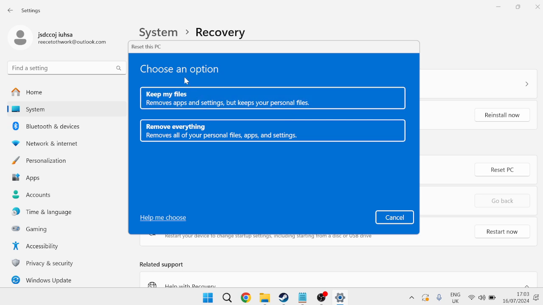And now you'll see here we have two options. We can either keep my files, and that's basically going to keep any of your files and folders that are saved in your user folder. So all of your personal files and photos will be kept, but any third-party applications or software will be removed